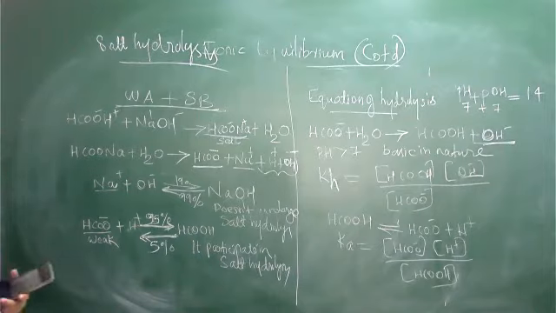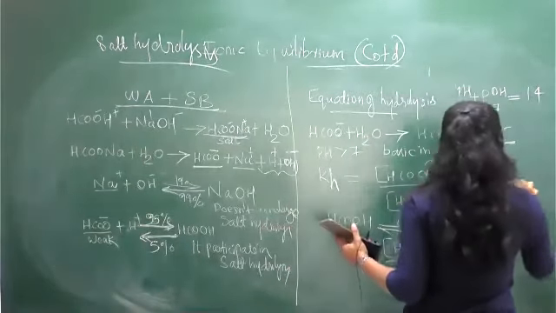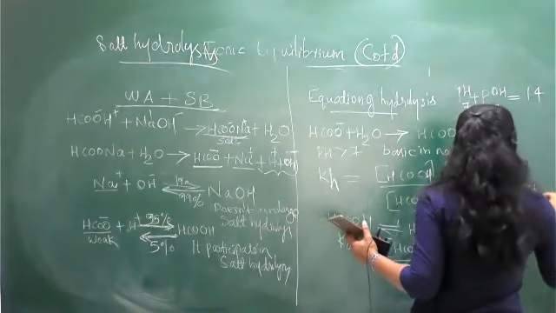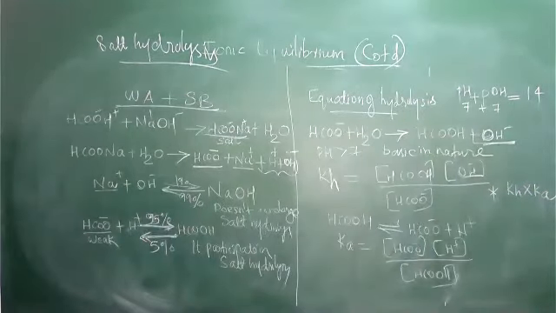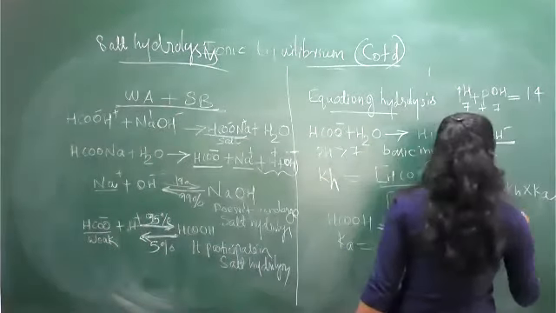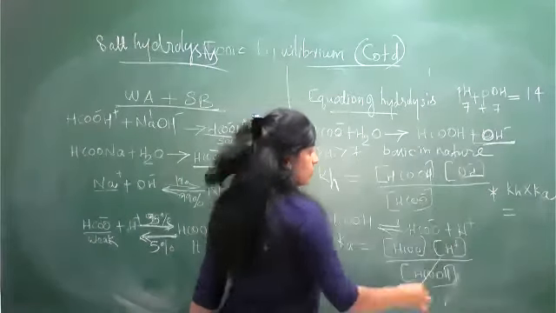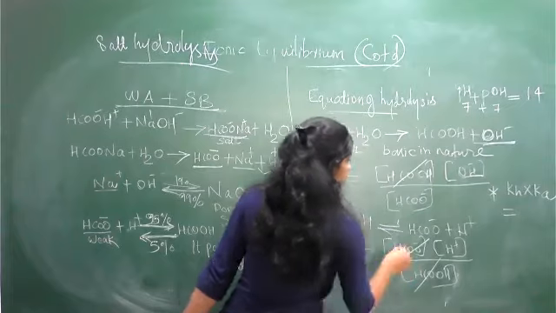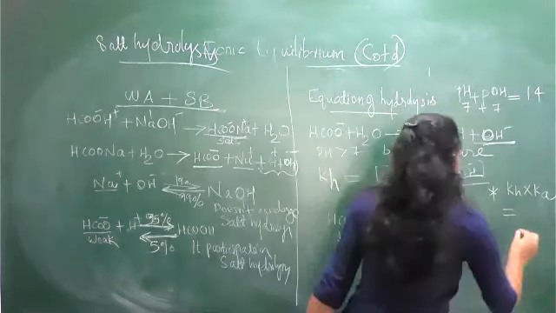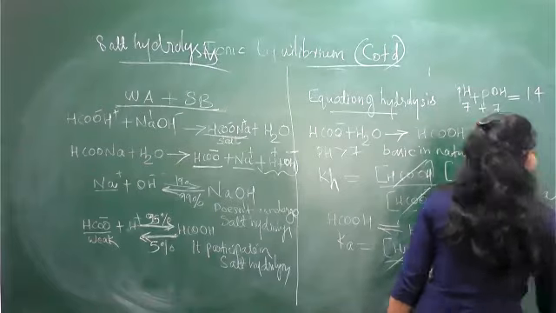Then what do you want to do? You want to multiply KH into Ka. What about the result? Tell me. Multiply KH into Ka equal to. If we multiply, what happens? These will cancel. These two become cancelled, right? Then HCOO minus, this one will cancel. So what about the remaining? OH minus into H plus you will get.